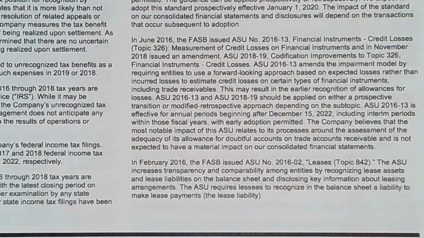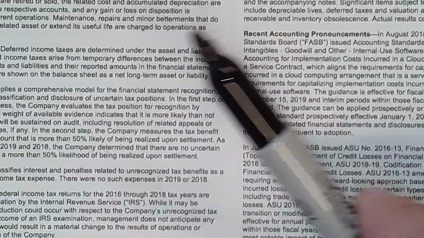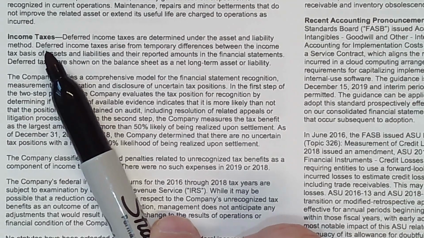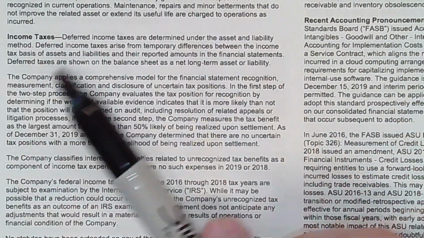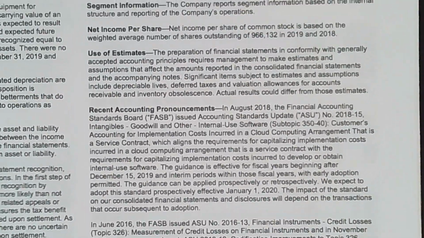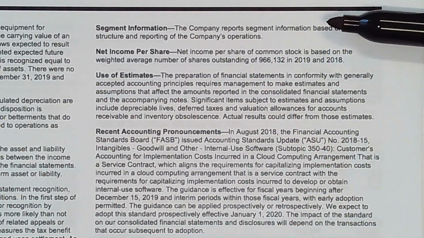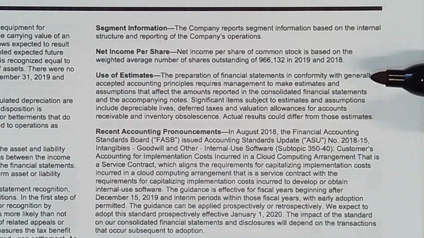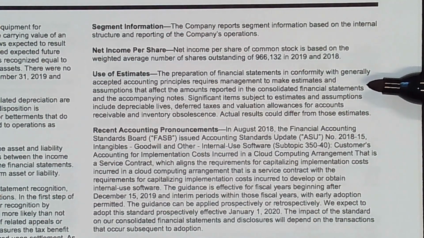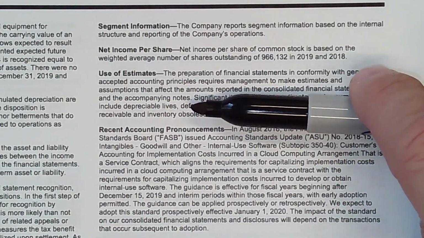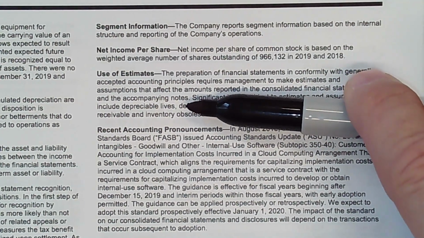Let's take a look at a couple more real quick, because there's a whole discussion here on income taxes. We'll be brief on that later on, but I do want to have some discussion on that. Segment information, earnings per share, use of estimates. Now, this is a critical piece because there's a lot of areas where they are using estimates, including how long they think something is going to last. What are the depreciable lives of our property, plant, and equipment? That is an estimate.